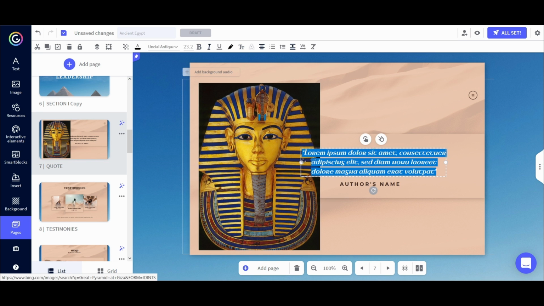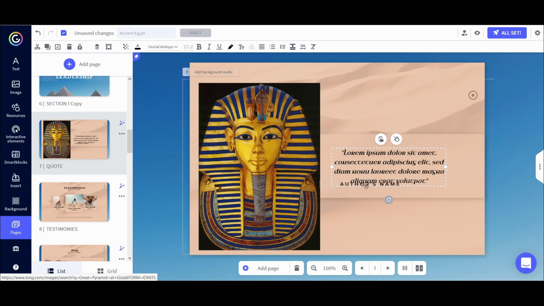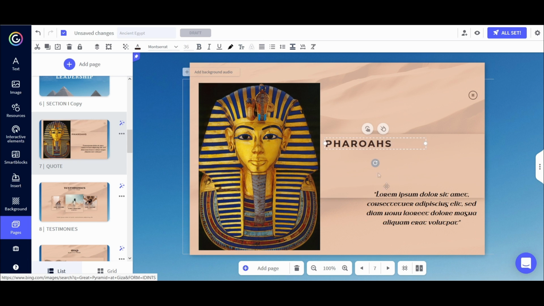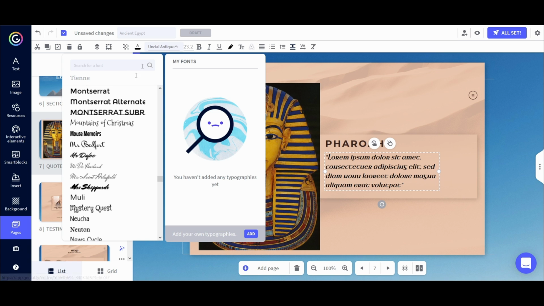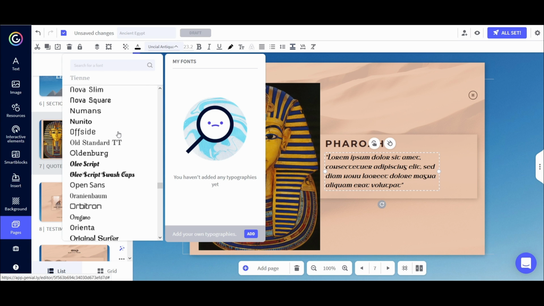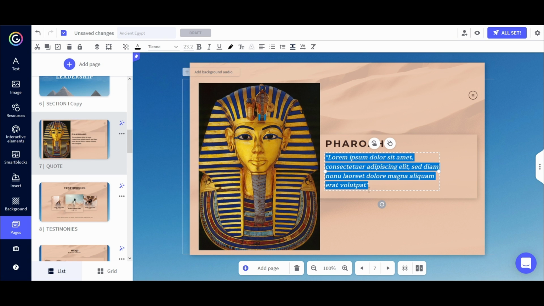Now what I'm going to do is add a little bit of information about pharaohs. I'm also going to align this off to the side. Okay, I'm going to change it to a font that's a little bit easier to read. I think this is the one I've been using. For the sake of time, I'm just going to put information about pharaohs, but here I would actually type out